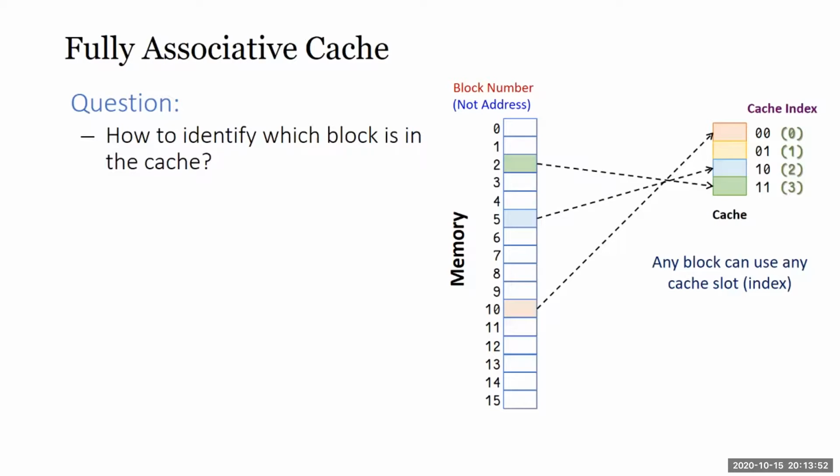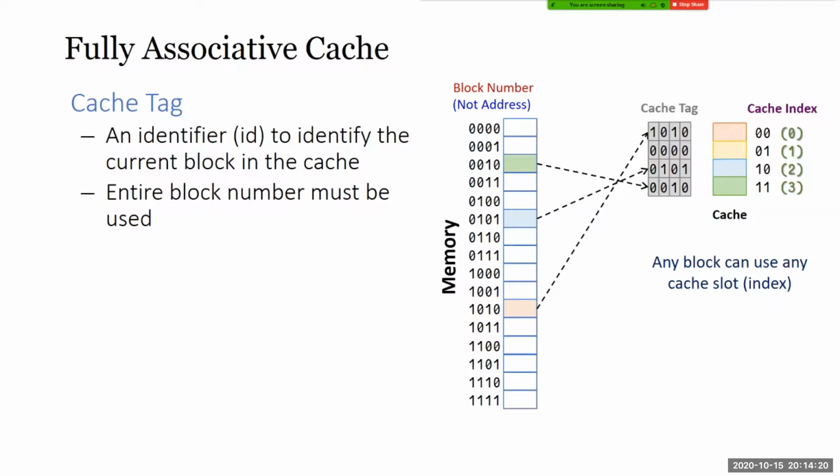The interesting thing is, if I look at my book like this, how do you identify which block is in the cache? So what we do is we need to have some cache ID. This is a bit complicated, let me see how to explain this. Suppose I have slots 0, 1, 2, 3 on my table. I will need to put a tag. This is more complicated because the title is not on your book.